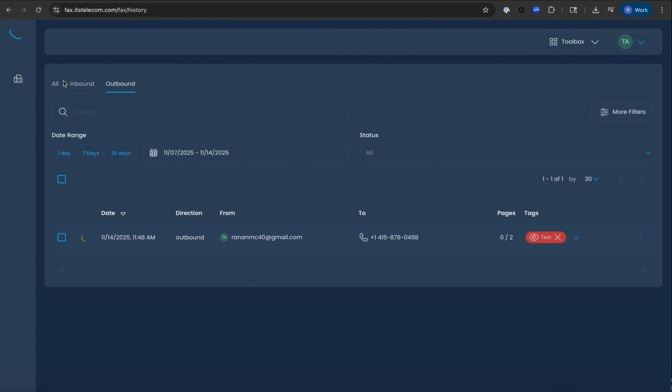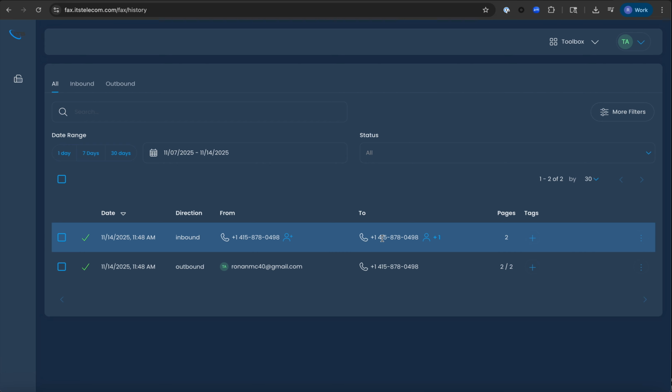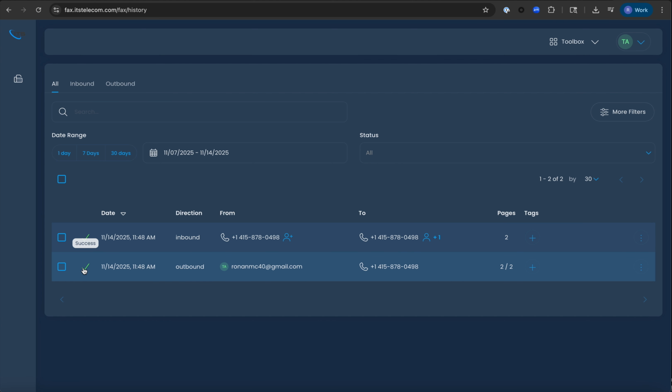Check status will take us into the fax history page where we can see all of our faxes. Right now we are under outbound, but if we flipped it to all, we could see all outbound and inbound. In this case, we have an outbound fax that we just sent and an inbound fax that we just received because we sent it to our own fax number. Before you saw that they were transmitting, now that they have shown as successful, there will be this green check mark right here. If a fax does show as failed, it'll be a red X instead of the green check